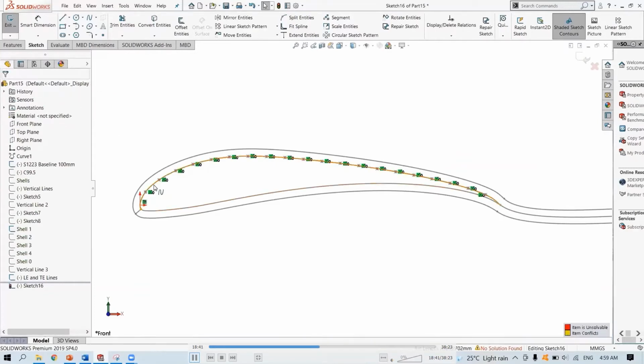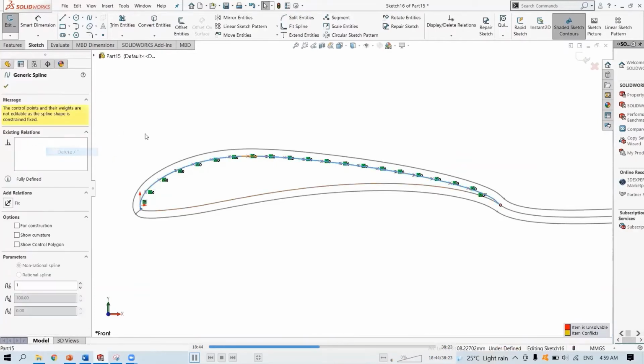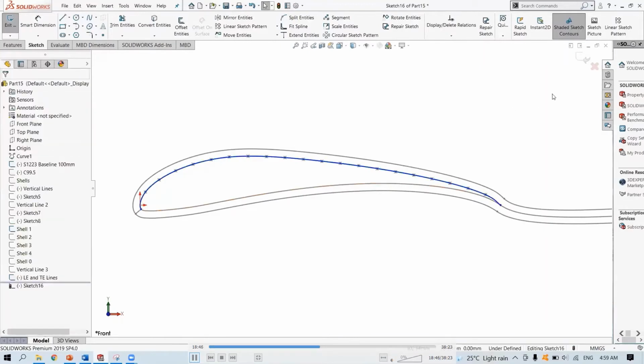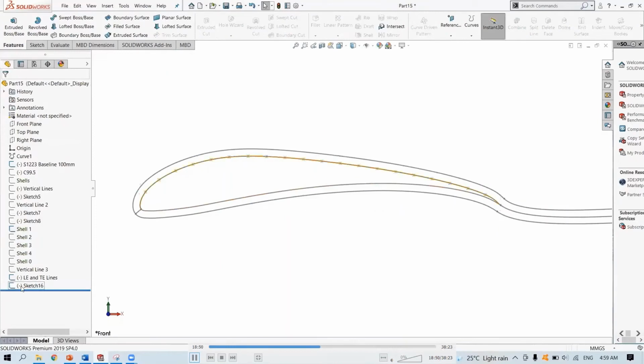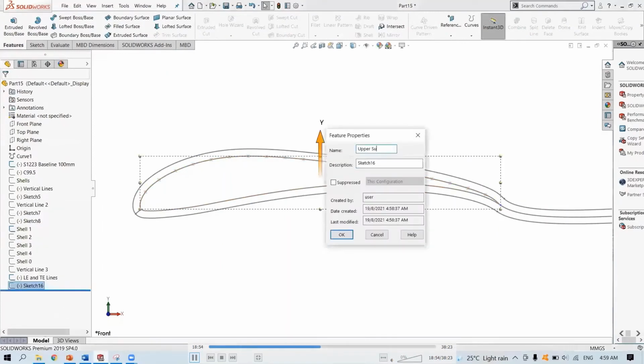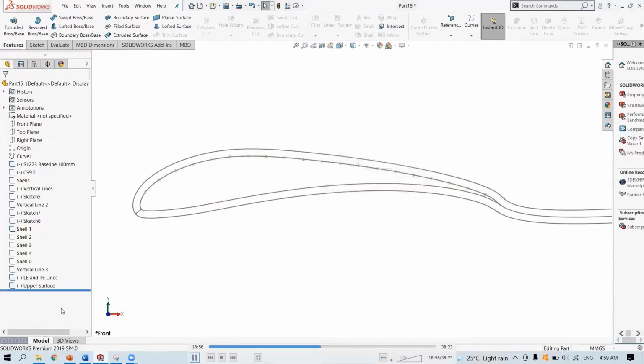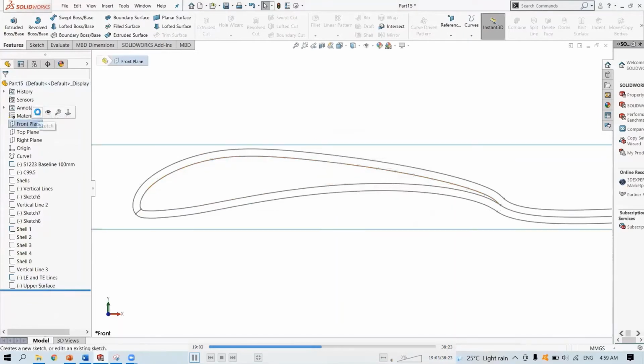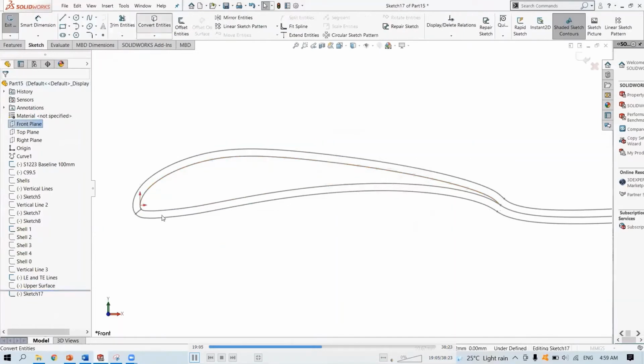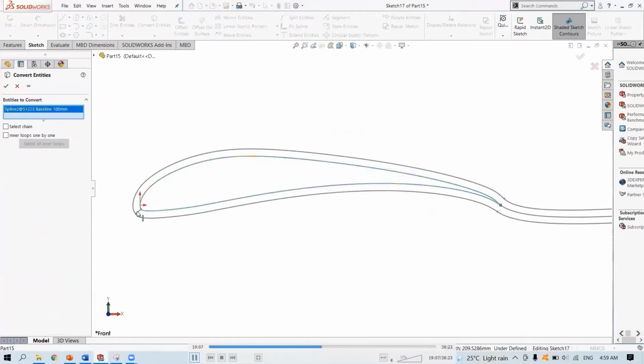Oops, just remove connections. Okay. You can just hide that one. Do the same thing on the lower surface. Convert the airfoil as well as the lines.